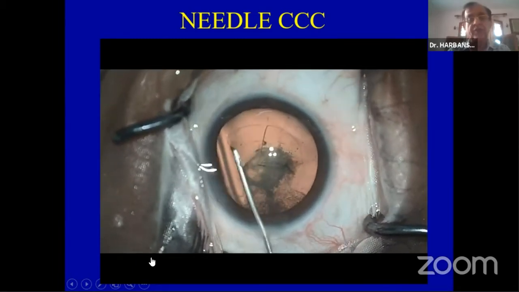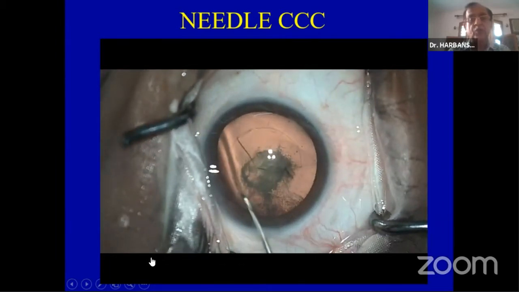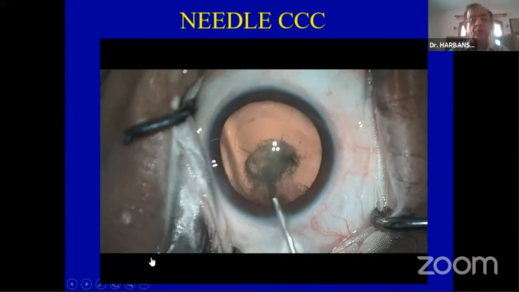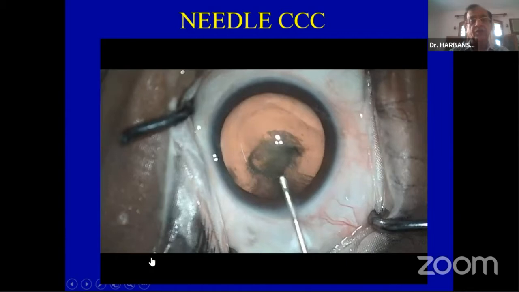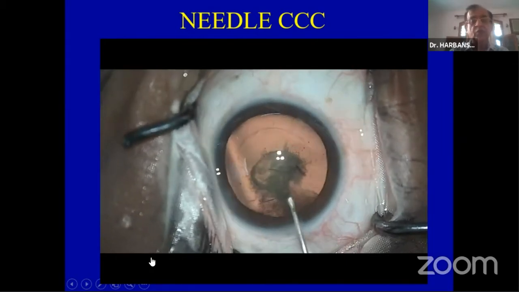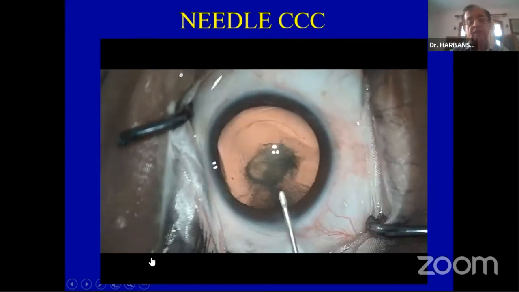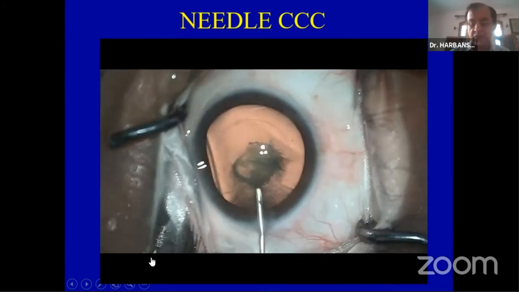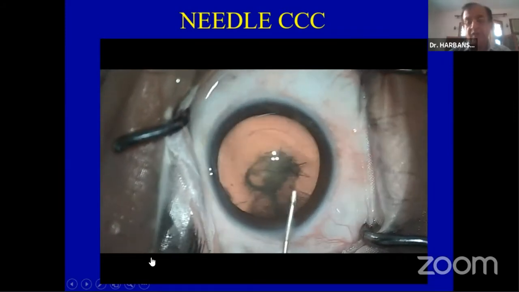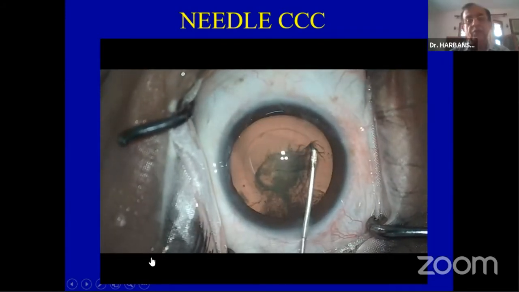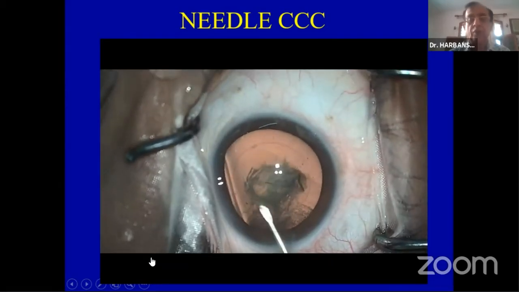Gently keep on rotating, keeping track of how the access is moving. Do not watch how you are moving your hand or your needle. And usually I keep viscoelastic filled in a syringe so that if at any time the chamber becomes shallow, I can inject the viscoelastic. Then you complete the access from outside in to get a beautiful, perfect access. In this case, because the red reflex is good, we have not stained. But if the red reflex is not good, you need to stain.